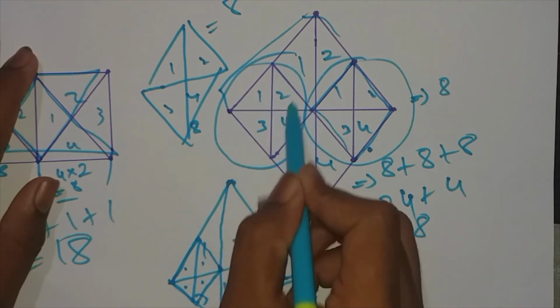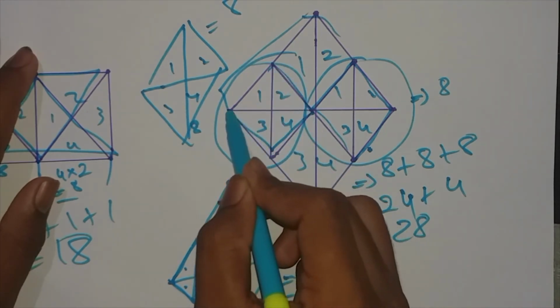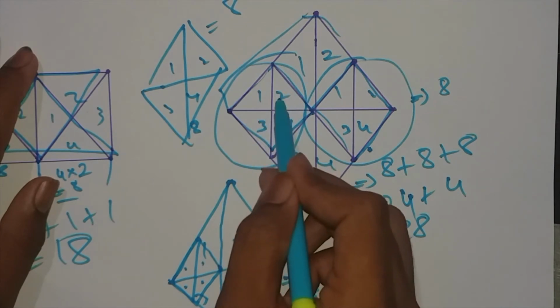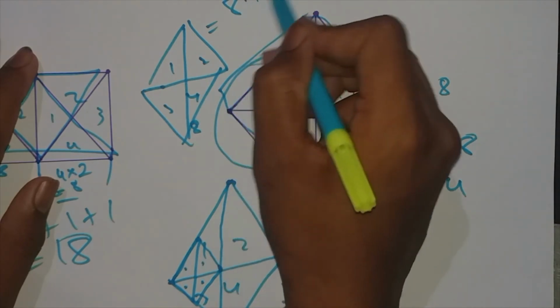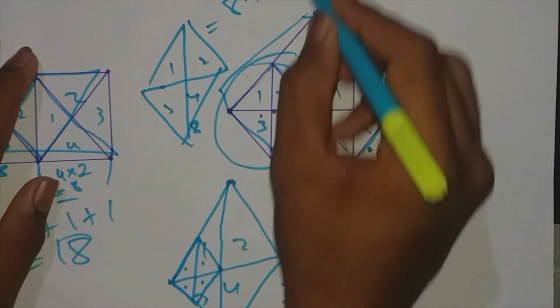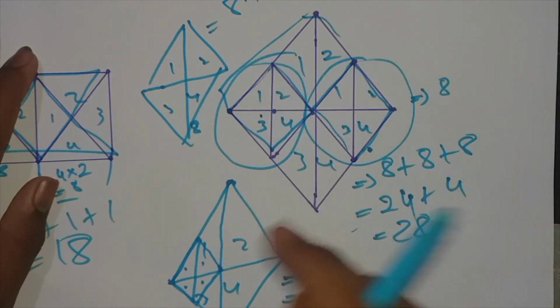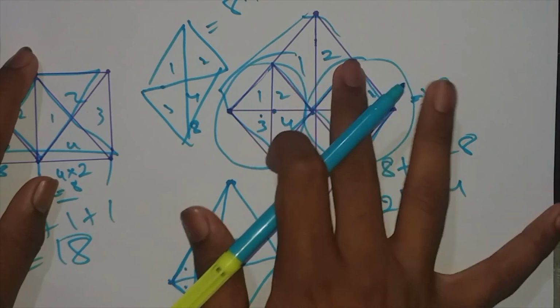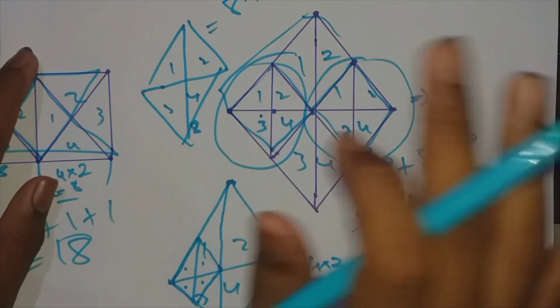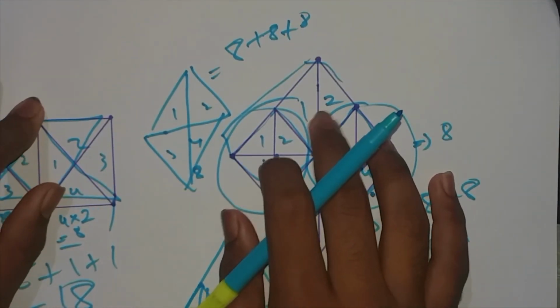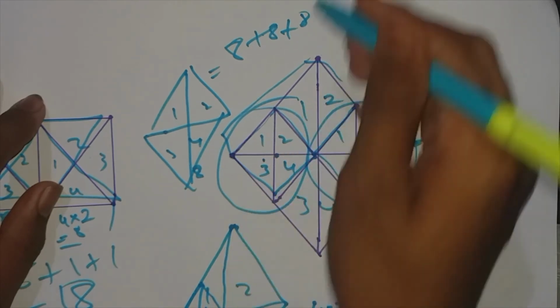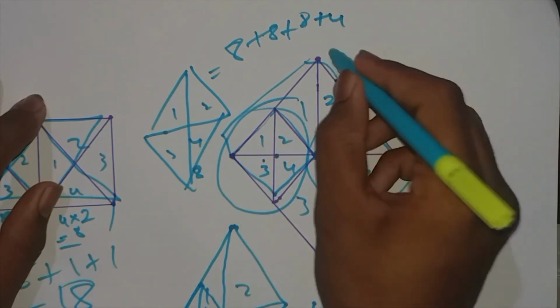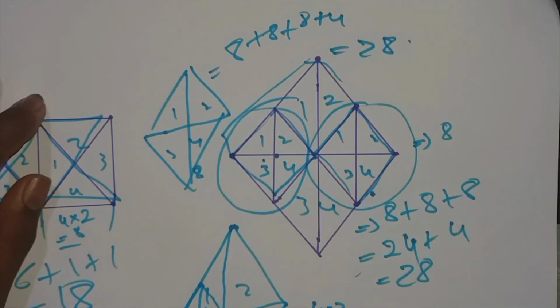That means I have drawn the extension like this. So how many triangles are there? There are 4 into 2 plus 8. For this side also there are 8 triangles. So when I draw the extension, it also gives another 2 triangles extra. That means we have to draw these 2 triangles also. That means there are 4 triangles extra. So write plus 4. It gives 28 triangles.